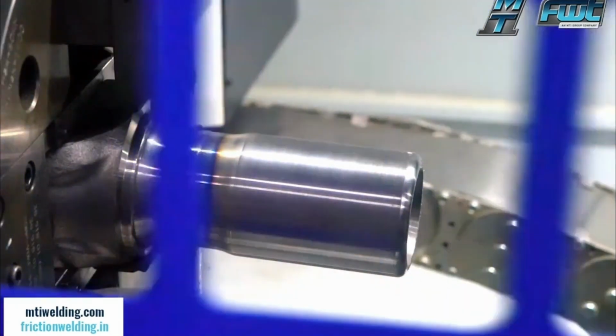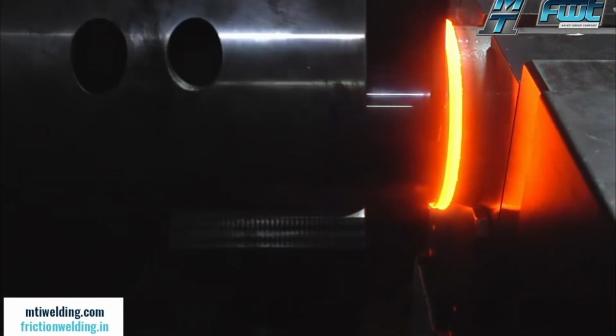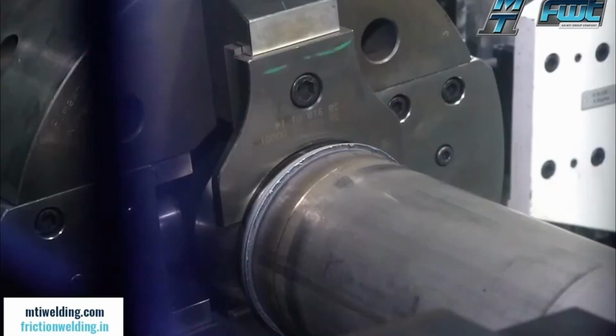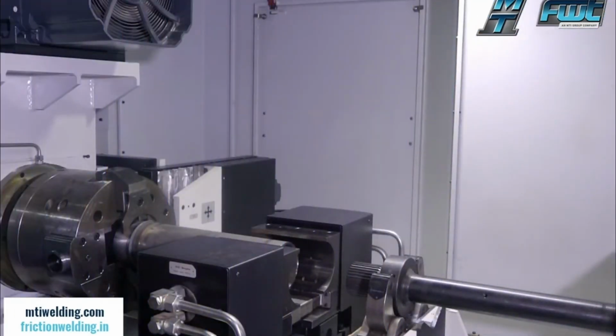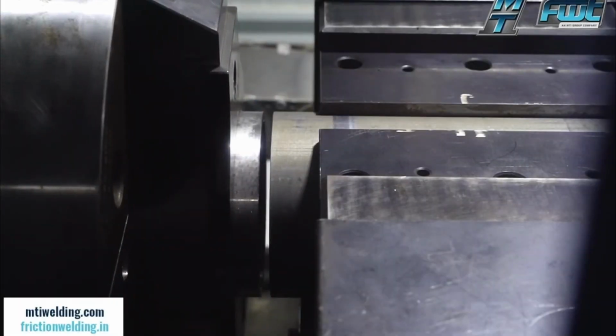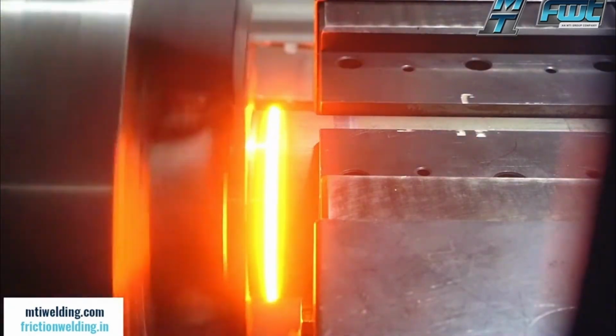This process is faster and more efficient than traditional welding methods, making it a valuable tool for industries like automotive and aerospace manufacturing, where speed and precision are crucial. Unlike traditional welding, which can sometimes weaken the material, friction welding